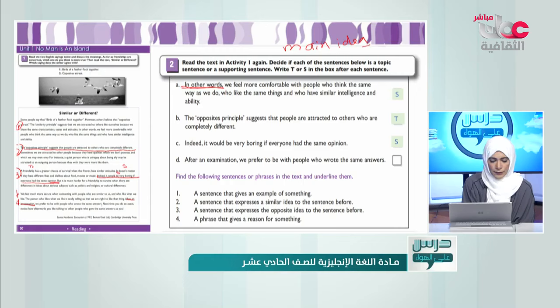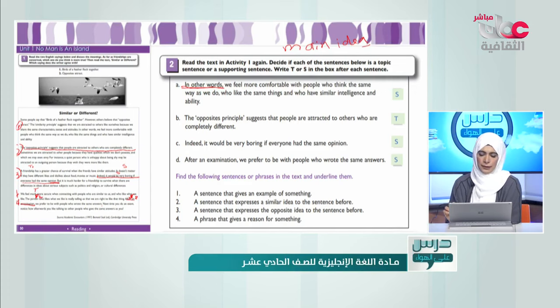Look at the first sentence: we feel much more secure when connecting with people who are similar to us. This is a topic sentence, so it should be supporting sentence, and here we have the second supporting sentence too. So it should be a supporting sentence. Okay, completing the task we have got here